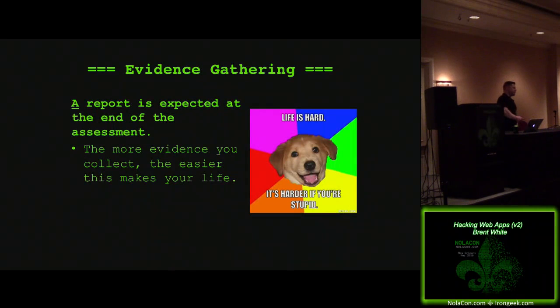Something that I've learned the hard way as a newer consultant was I didn't gather enough evidence during an assessment. So make sure that you gather plenty of evidence as you're going through, because a report is expected at the end of the assessment. And it's never a good thing when it's a week past the end date and you have to call and ask for access again because you forgot to screenshot something. So,